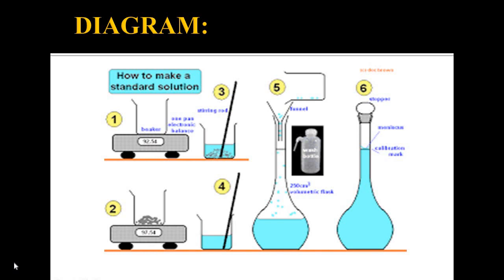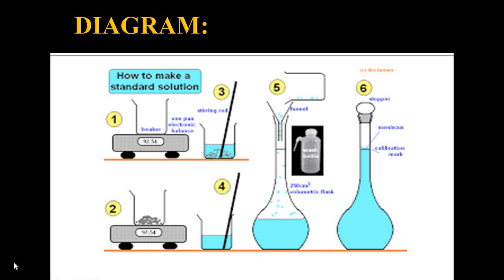सो 2 ऑब्जेक्टिव थे हमारे आज के टॉपिक के. First one is to find out the mass of a solute by knowing the molarity and volume of solution, or convert the molarity into mass. How can you convert? This is simple, using formula number 2. Second ये था कि हम how can you prepare a standard solution? How can you prepare a given concentration solution? For example, 0.1 molar. How can you prepare 0.1 molar? How can you prepare 0.05 molar solution?